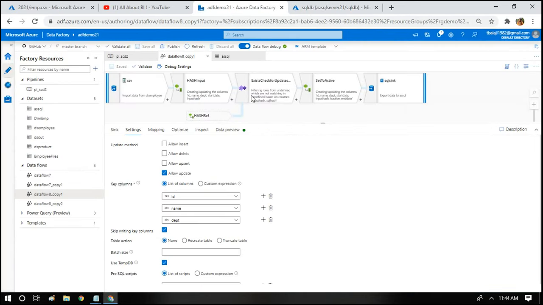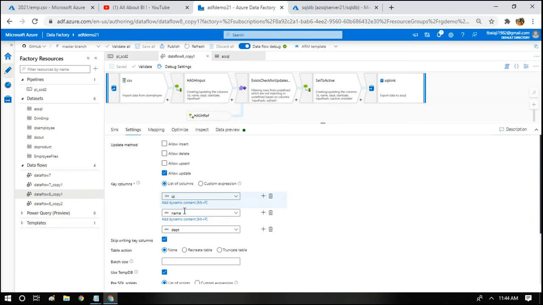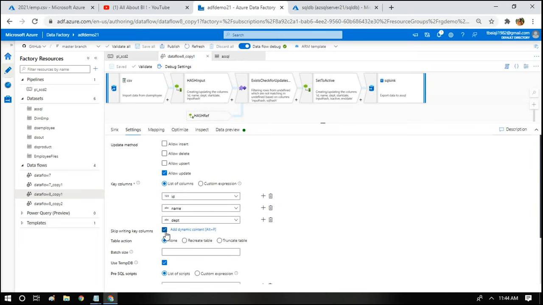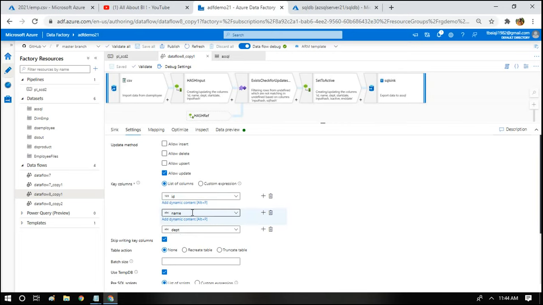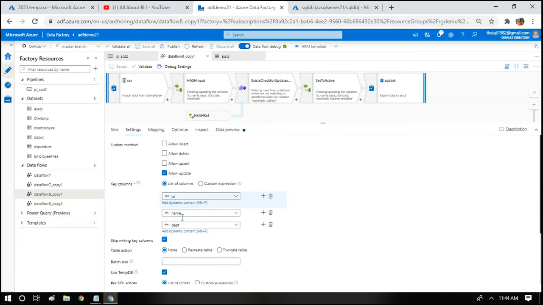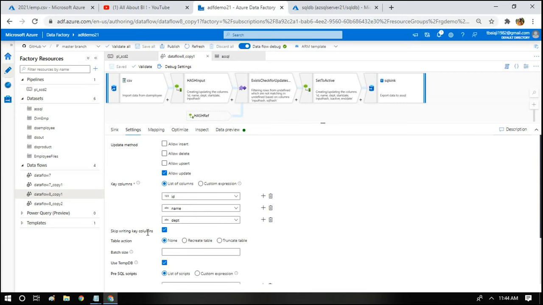Since I have a composite key, I have added all the key columns here, and I have skipped writing key columns, because there is no point in updating the key columns, as ID and name are not going to change. As well as department, we are just going to make the isActive column 0 and update the end date. We are not going to touch any of the key columns here. That's why I have skipped writing key columns.